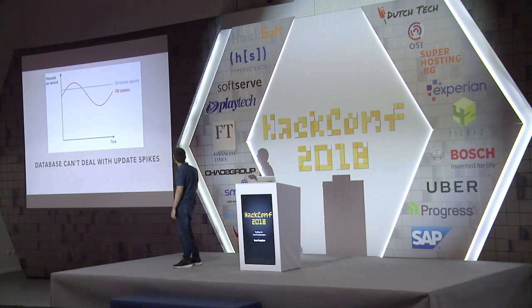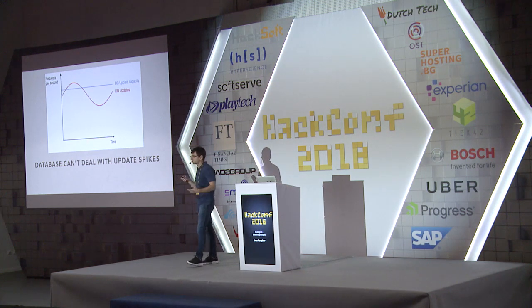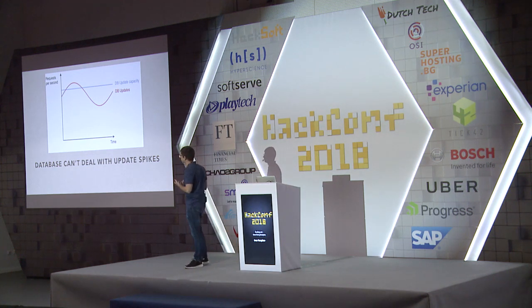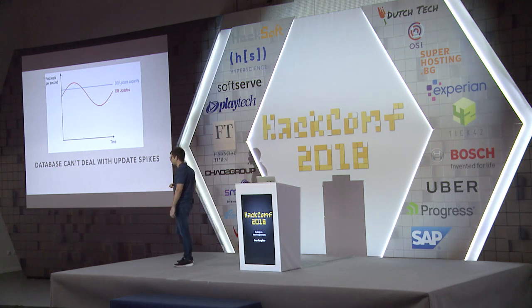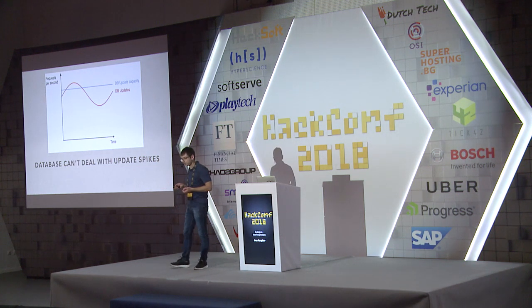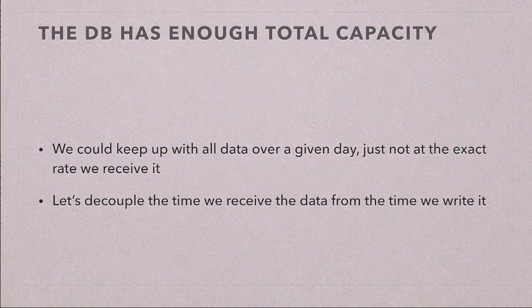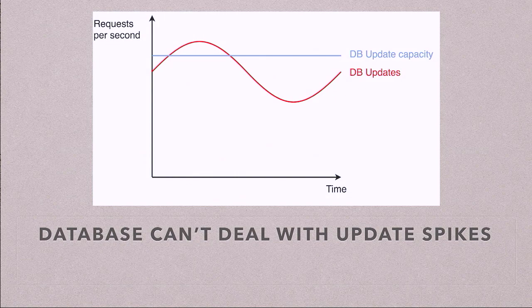But every now and then it spikes, for example to 300. And if we try to write these 300 requests directly to the database, we're going to drop some data because the database cannot handle them. So what can we do about this? Well, here's a nice thing. Notice the areas of this